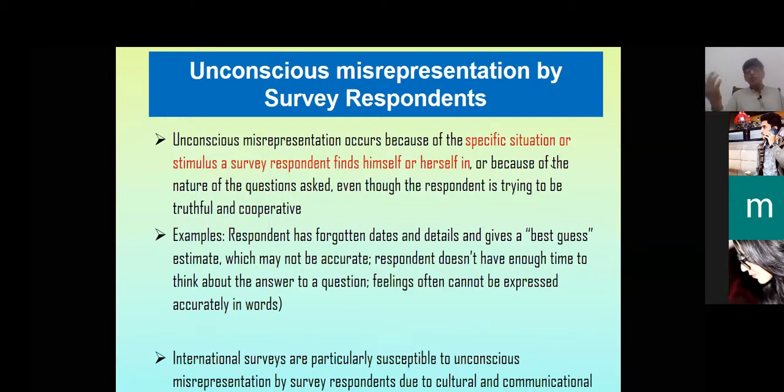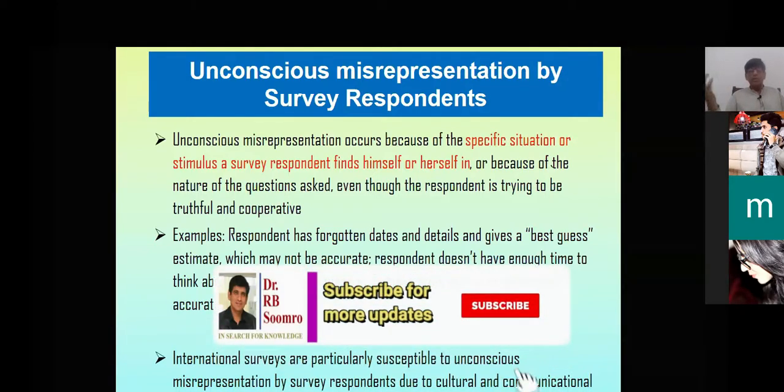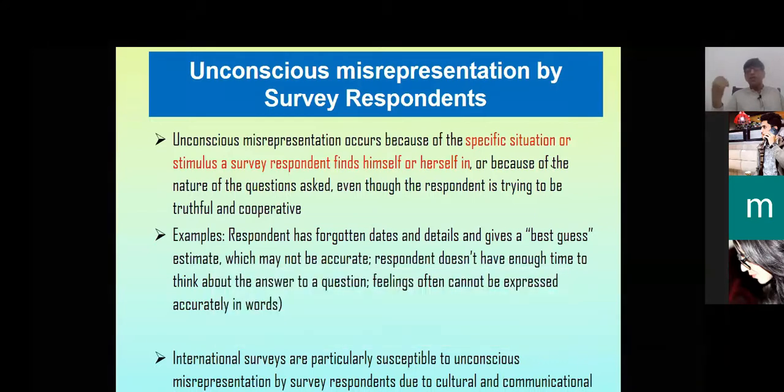And sometimes people think, okay, if I become part of this survey, in the future I may face some problems from the government, from the agencies, from anyone else. So that's why the person may try to avoid participating in an international survey because of culture and communication, because the survey is in English, and in different countries not everyone knows the English language. Or if it is in Chinese, most people do not know Chinese. These are some reasons why people may not be ready to participate in your survey.